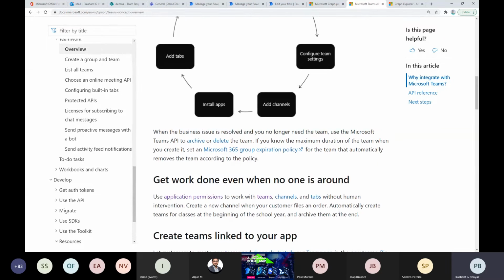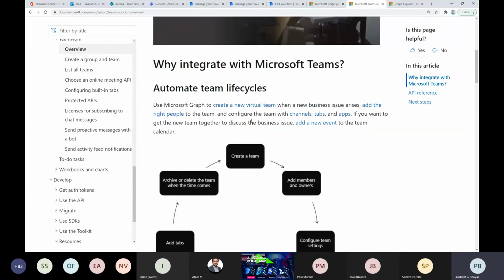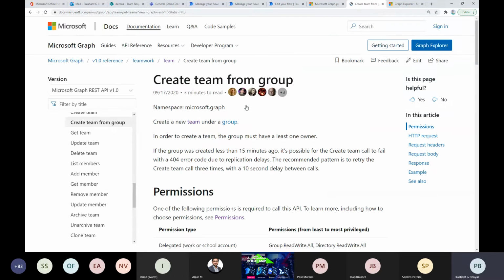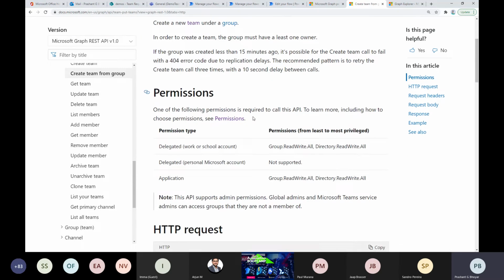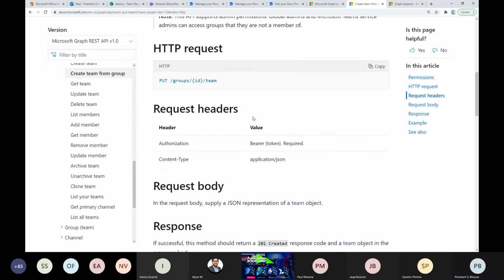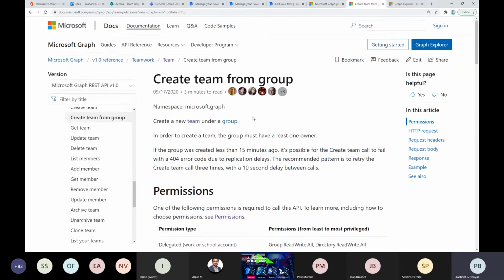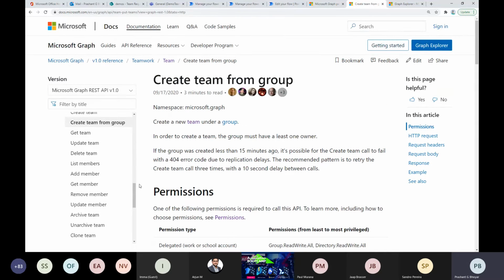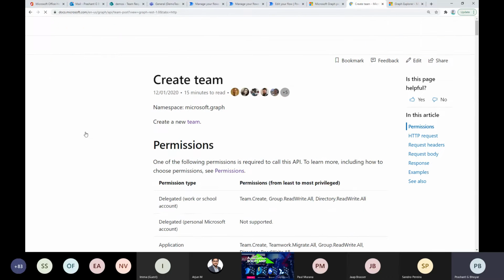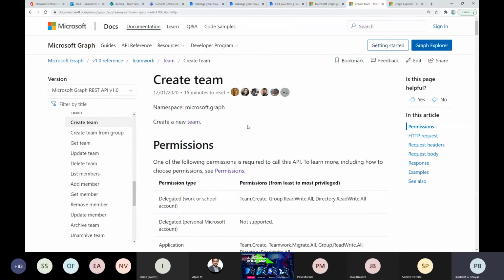And now let's say I'm interested in creating a new team. Then how can I do that? What kind of API do I have to use? So in this example, what is available to us is creating a team from a group. But what if I would like to just create a brand new team where the group is not there? So this is the page you will go to, and here you will find information like what kind of permission